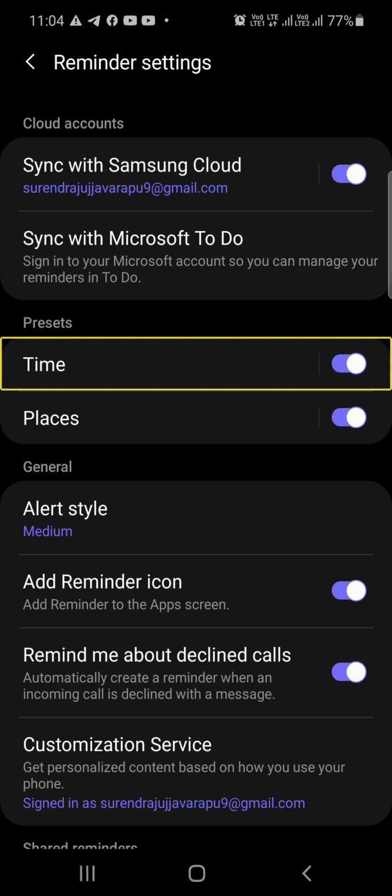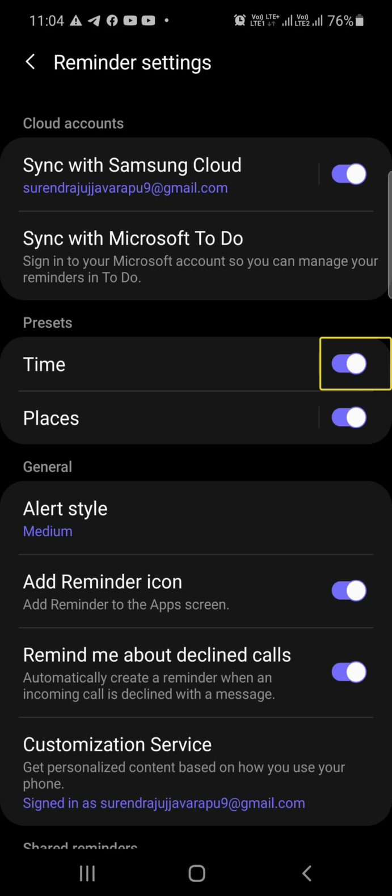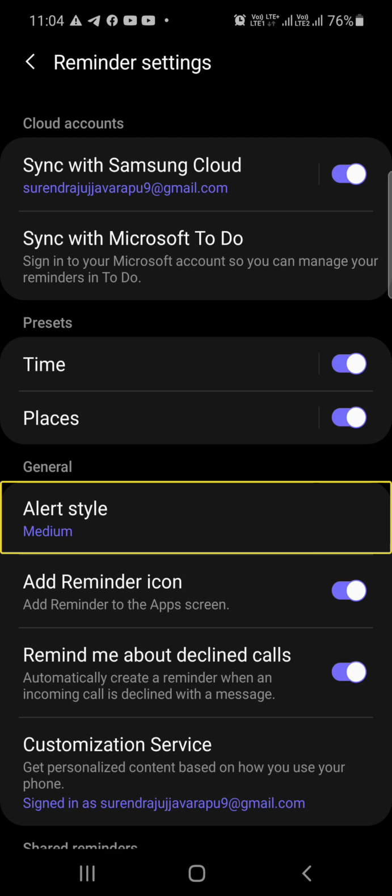Time. Double tap to activate. Presets. While creating the reminder, what do we need? Like we need time or not, we need place or not, we can select here. Time switch on. Places on. General. Alert style. Medium. Double tap to activate. By default,